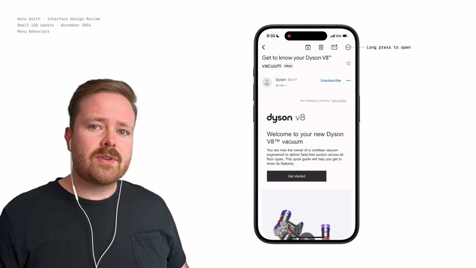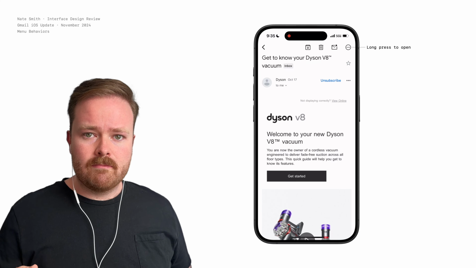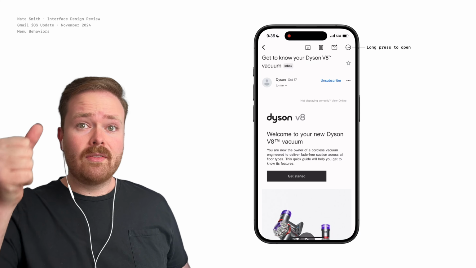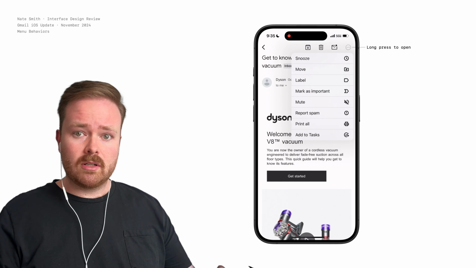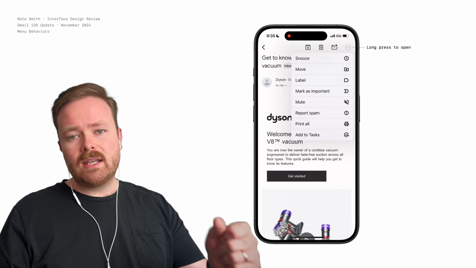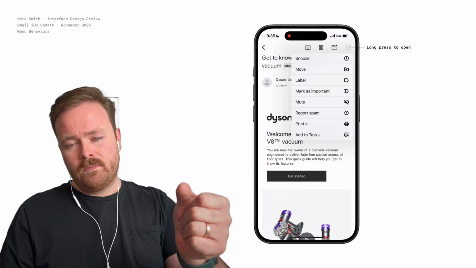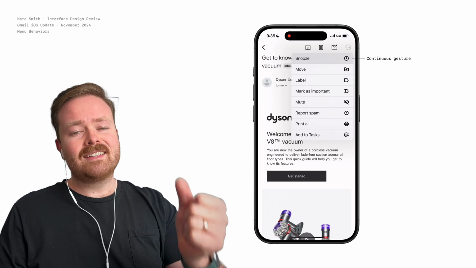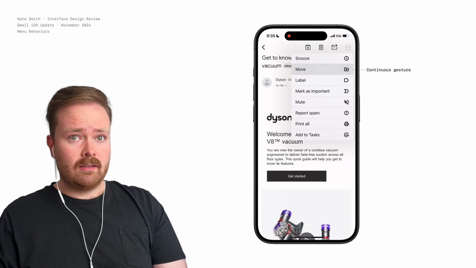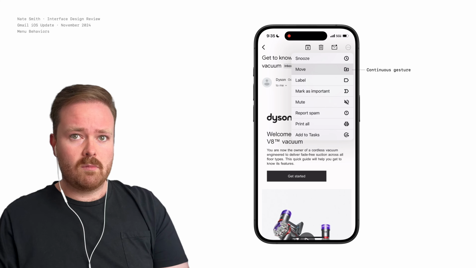But as it turns out, there's another way to interact with this kind of menu. If you long press on the trigger button, it'll open the menu. So far, so good, looks kind of the same. But if I keep my finger pressed down and in a continuous gesture, start dragging downward, it's going to highlight each item instantly. There's no fading transition as I move between them.